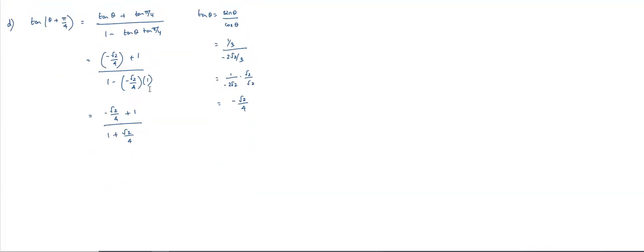If you multiply these two, you will have negative root 2 over 4, and distribute with this, it becomes plus root 2 over 4. And as you can see, 4 is the common denominator. So if I multiply the numerator and denominator by 4, I will have negative root 2 plus 4 over 4 plus root 2 as my final